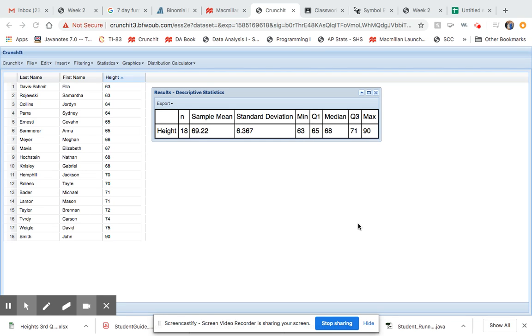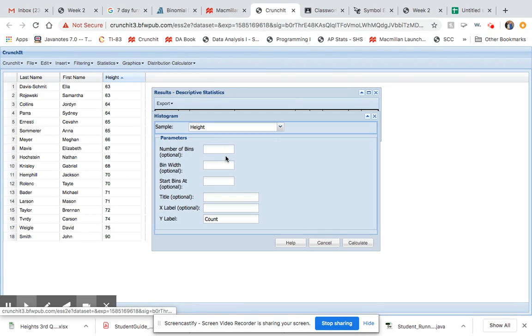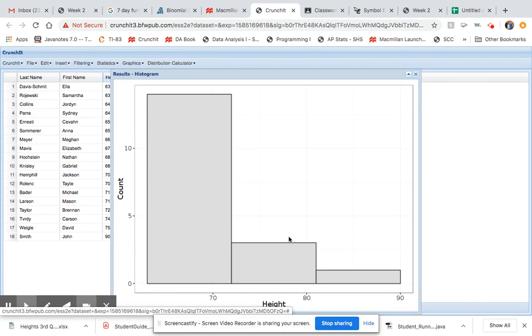All right, now we're going to see how we can see if there's outliers or not. So I have that same data set with John Smith, who's really tall, in there. And I'm just going to make a graph of it. So we've done several graphs. If I did a histogram of their heights, it looks something like this. And we can see that there's not many tall people out there, but not really sure if it's an